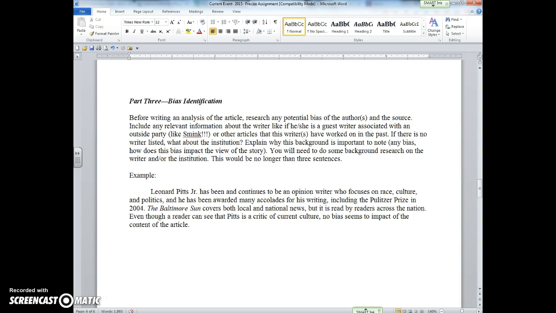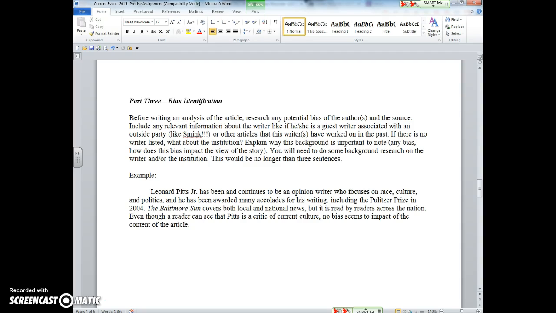Because when you read, as you're assessing or thinking about the information, you really should be thinking about where this information came from. And this is born from, and some of you have been burned by this, like with the SMINC stuff. So you never want to be in that situation again where you're sminked or led astray or led to believe something even though someone has a particular bias in it.